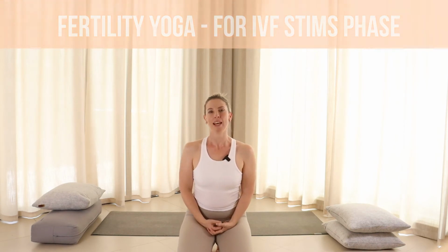Today's sequence is to help you through the stimulation phase of your IVF cycle. Now, during this time, it's important that we're gentle with ourselves and our bodies. We want to create some balance, keep the blood flowing to our reproductive organs, and try to calm our nervous system. So for our practice today, you'll need a big cushion or a yoga bolster and 3 smaller cushions as well. If it's cold where you are, I recommend that you grab a blanket to keep you warm